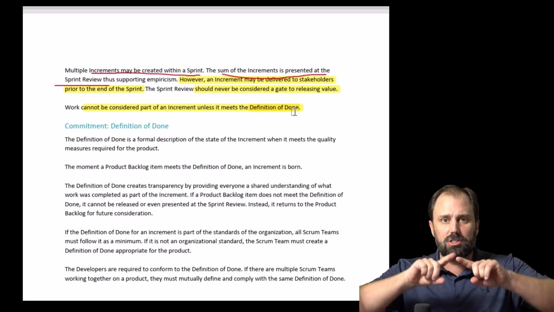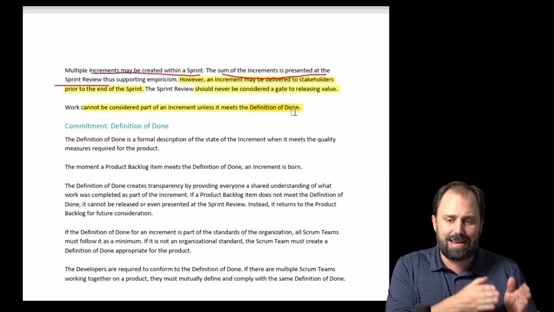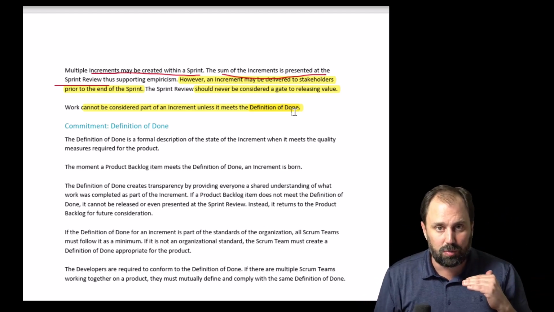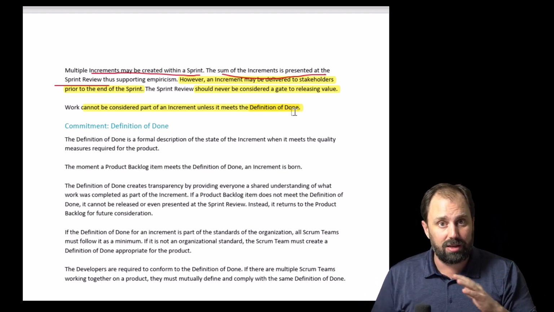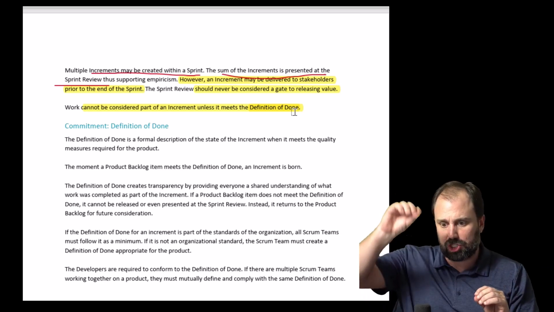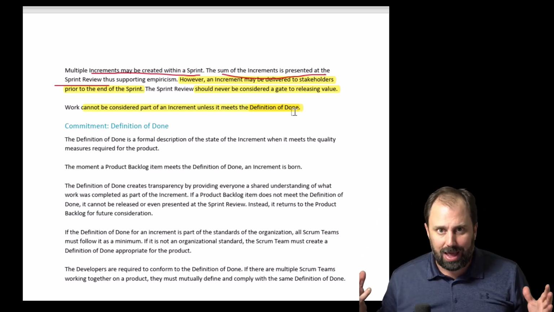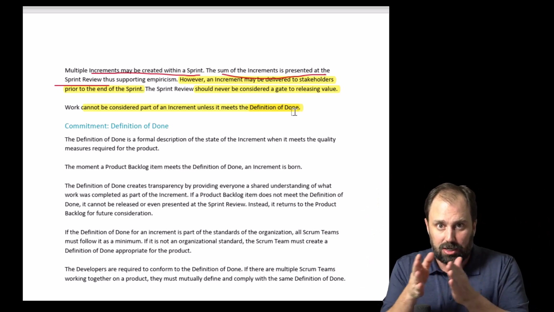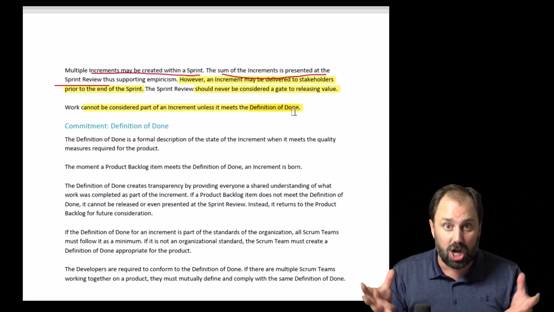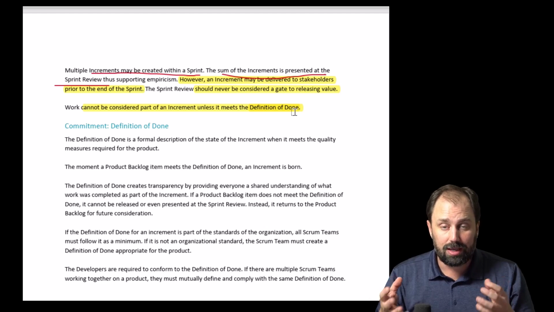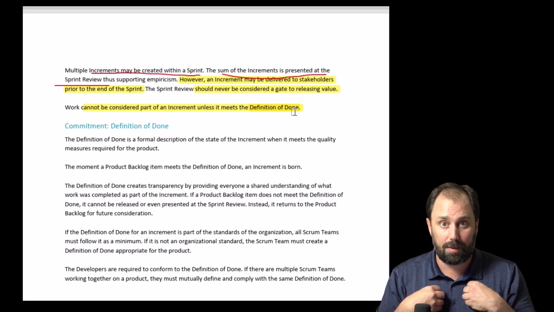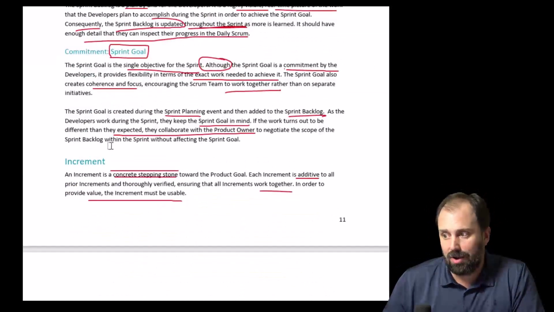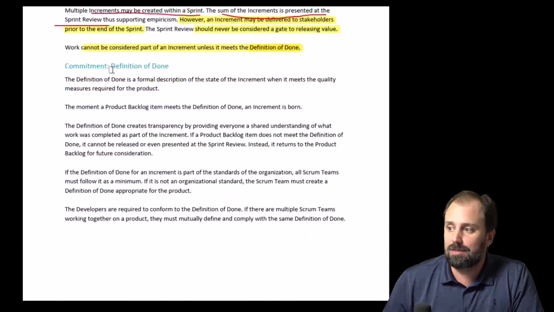Now, the definition of done is larger. It means any time that we build something, it is to this level of quality, and this is what we clearly define as quality for anything. Doesn't matter if it's a button, a slider, a web page, whatever. We always operate to this definition of done. Acceptance criteria for each will be different. Definition of done overall is a standard of quality that we operate toward. So the commitment for the increment is the definition of done.